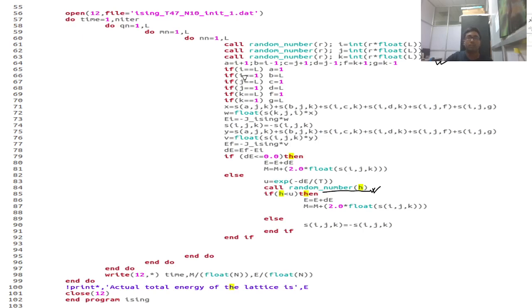So initially, as before, I am just incorporating those boundary conditions, and then I am going to calculate the x as before. Here I am not going to calculate the total energy; I am calculating a particular lattice site energy, and that will give you the EI. And then as before, let's say this EI is the initial energy at that particular lattice site before the spin flipping,